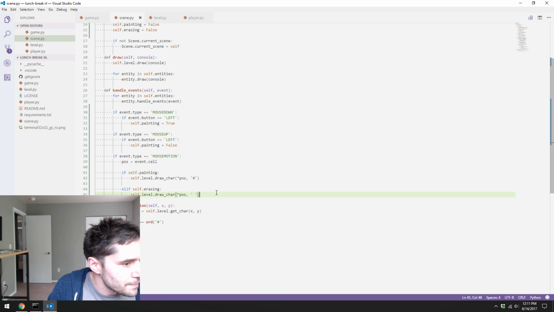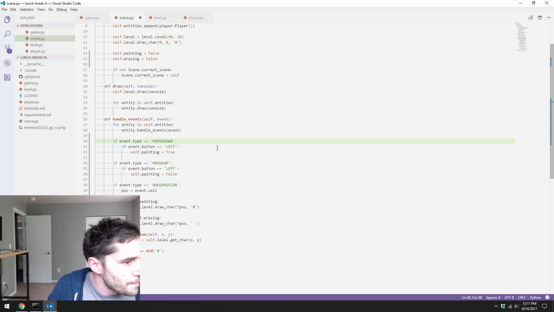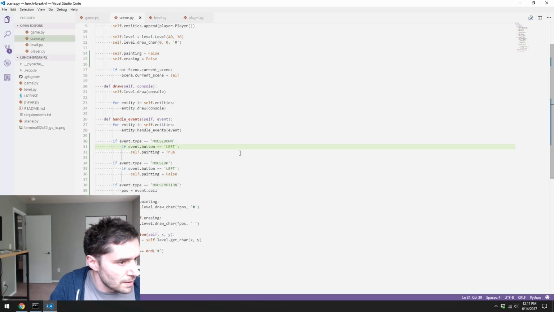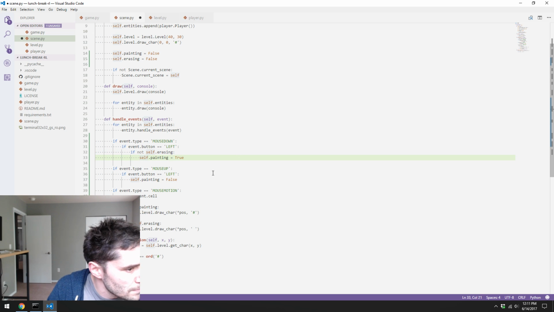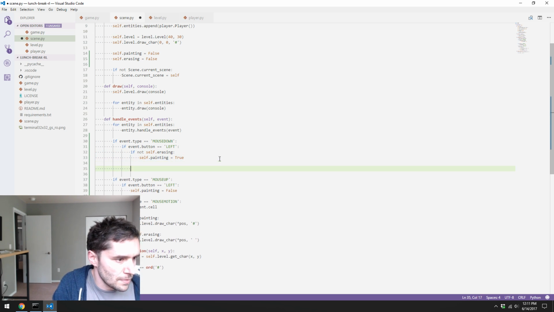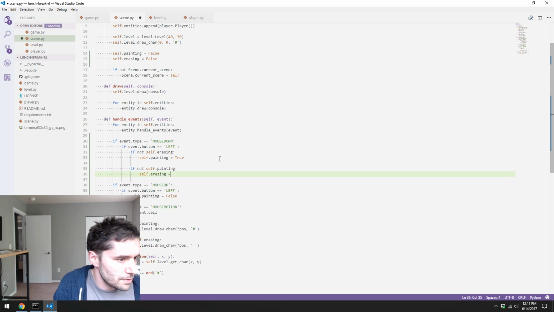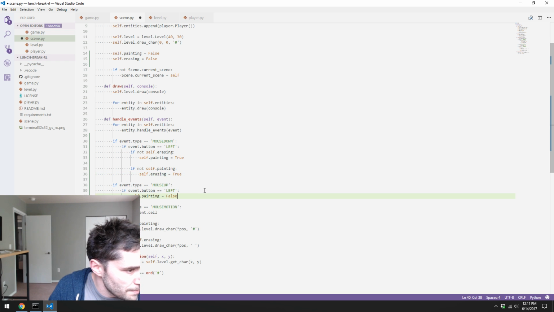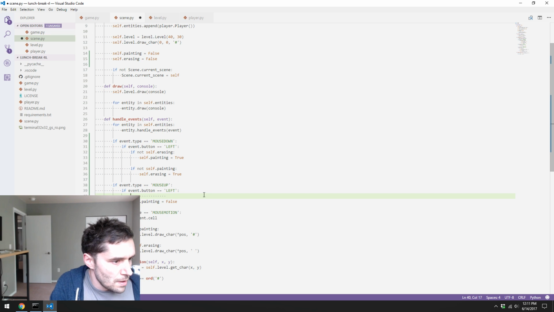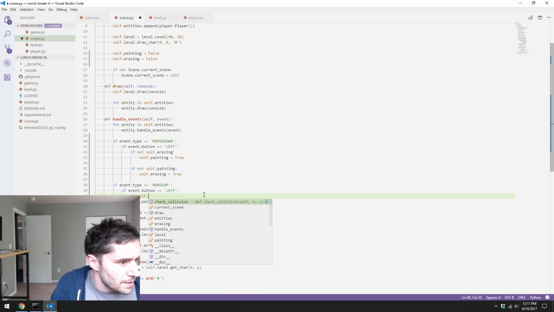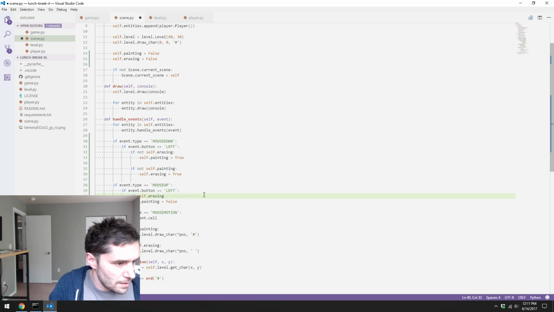There we go. And then we need to do mouse down if not self.erasing, because we can't do both at the same time. And then if not self.painting, self.erasing equals true. And then down here, the same kind of checks. If self.erasing, I need a not in front of that. If you're not erasing,